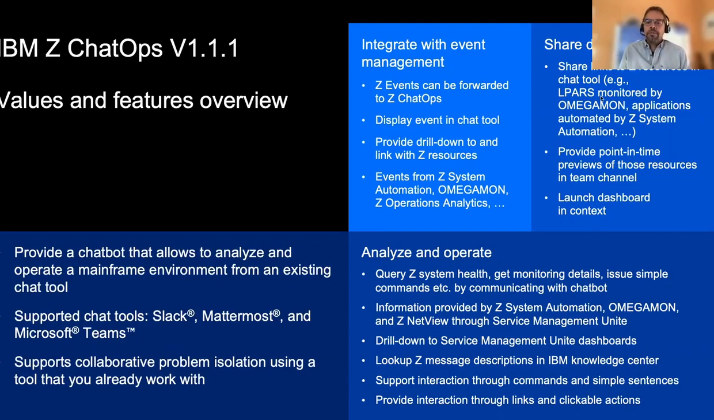One core feature of chat and collaboration platforms is the sharing of data. We have built in additional capabilities in Service Management Unite that allow you to create links to resources displayed on SMU dashboards. For example, an LPAR monitored by Omegamon or an application automated by System Automation. You can paste those links into the channel of the chat platform to easily share the data displayed on the